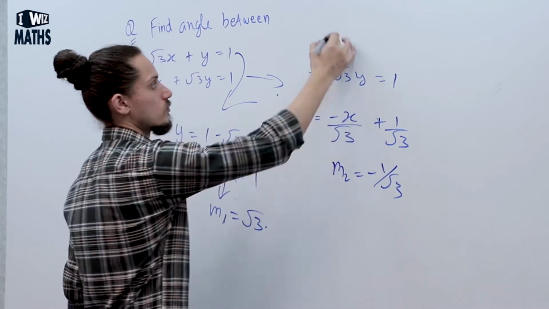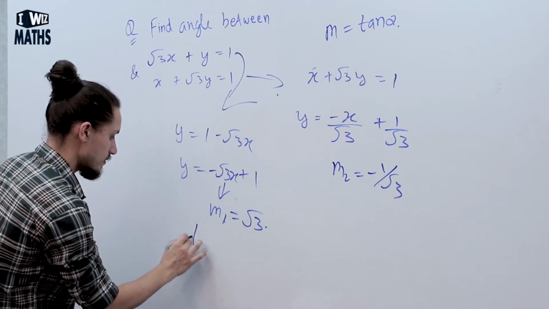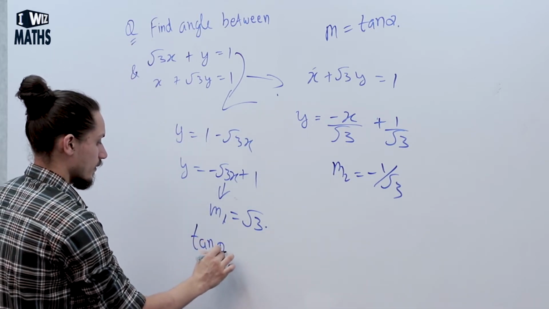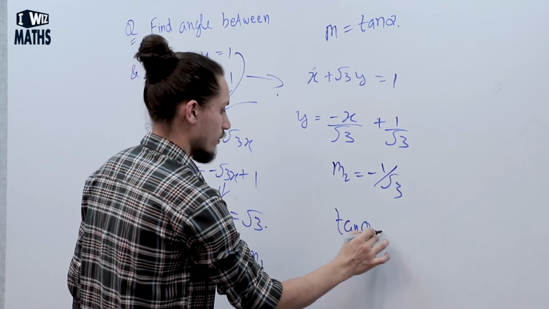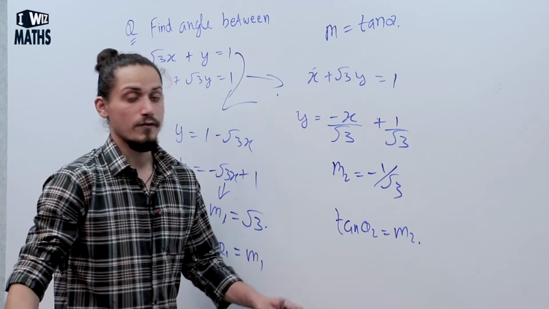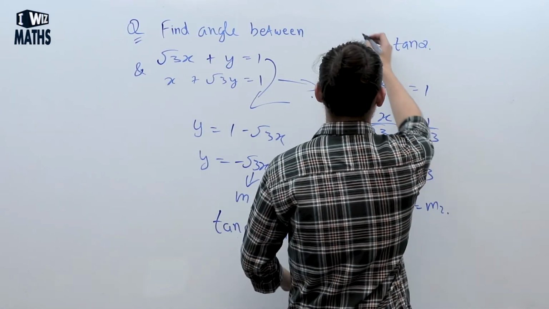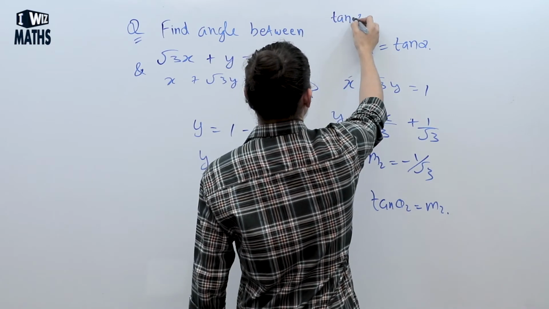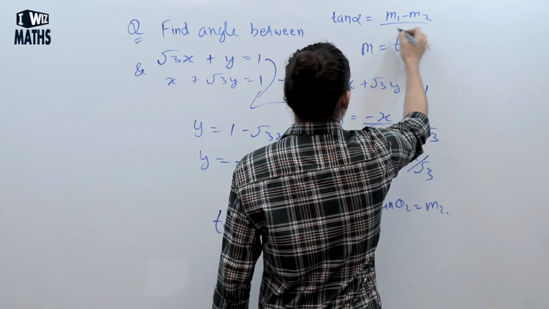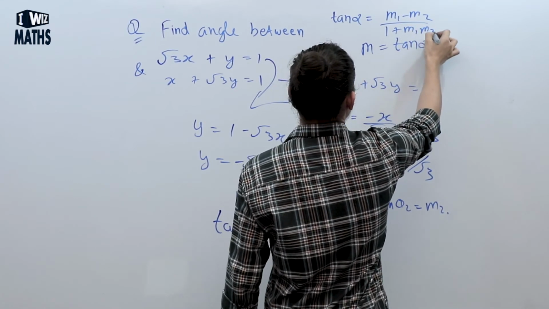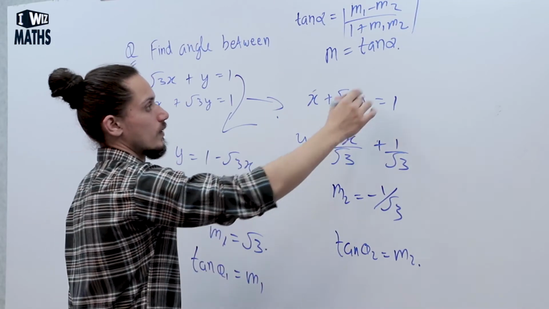We know slope of line m is equal to tangent theta. So here tangent theta 1 is equal to m1 and tangent theta 2 is equal to m2. We also know that angle between two slopes is written as tangent alpha is equal to m1 minus m2 over 1 plus m1 m2, whole mod. ये आ गया इसका फॉर्मूला. Using m1 and m2 in this formula we get